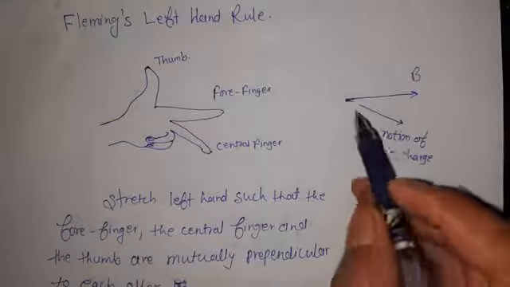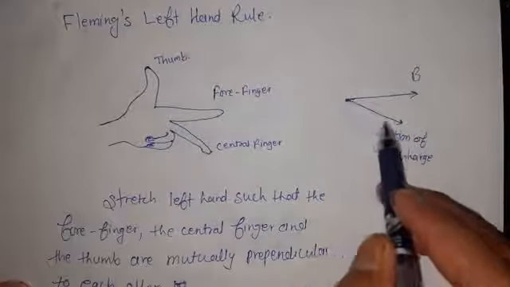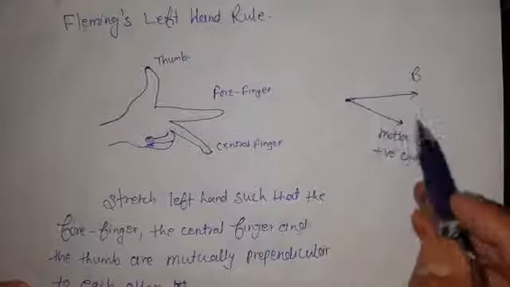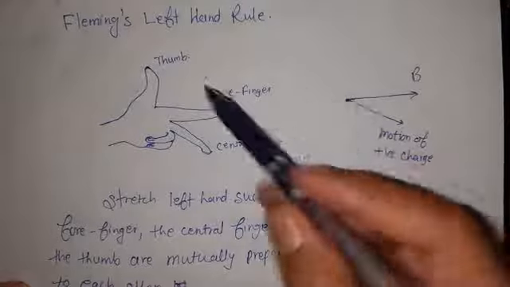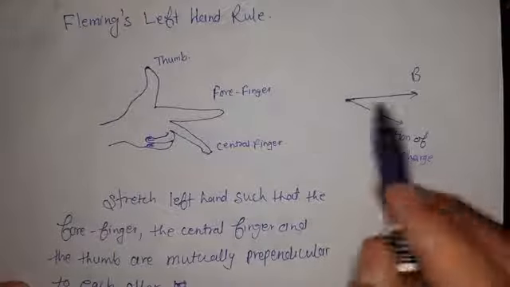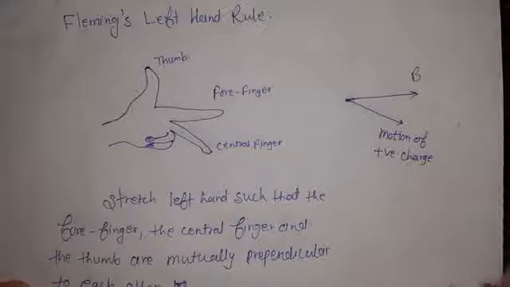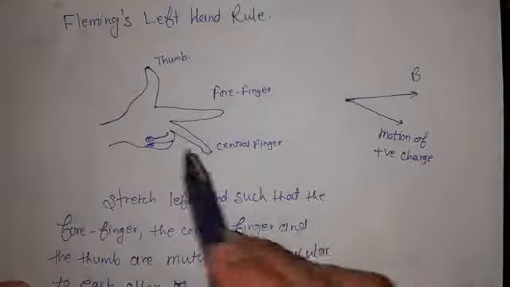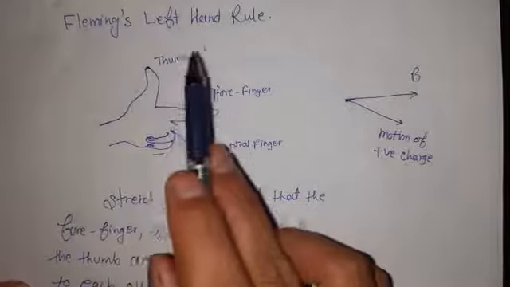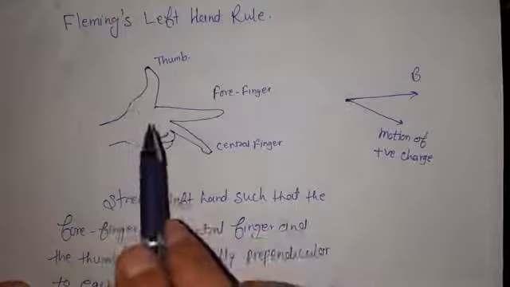Now let us look over here: if a charge moves at an angle with this magnetic field, what will be the direction of this magnetic force? ठीक है, तो जो फोर्स है मैग्नेटिक फील्ड की वजह से उस चार्ज के ऊपर वो किस तरफ लगेगी. So how will you find out this direction? So this direction will be determined with the help of Fleming's left hand rule.